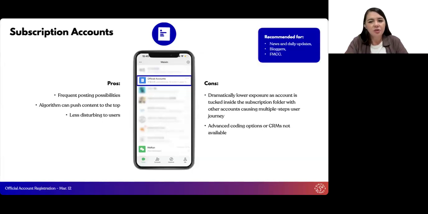Normally this kind of account is recommended for news and daily updates, for example newspapers like China Daily, and in Shanghai, that would be Shine. Also for bloggers, because you can open this with a Chinese ID directly. And for fast-moving consumer goods when there are some shorter promotions, and basically brands that cannot have this limitation on